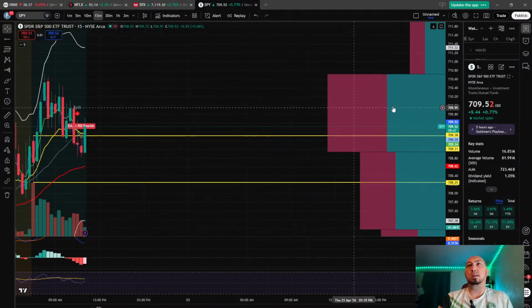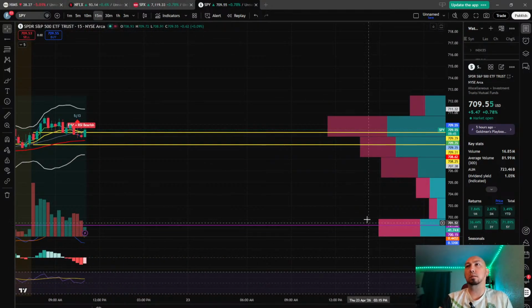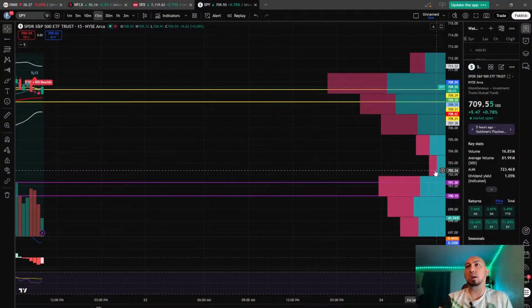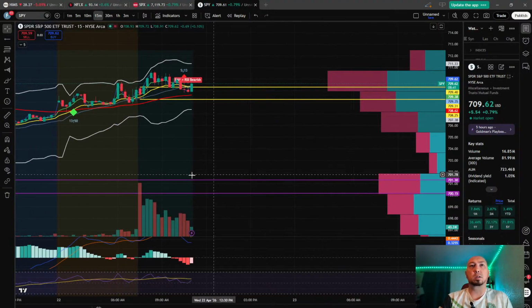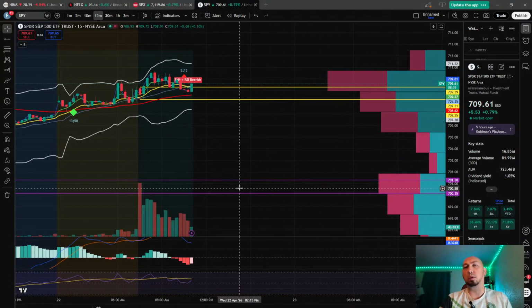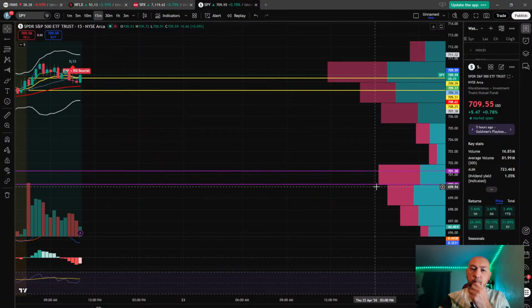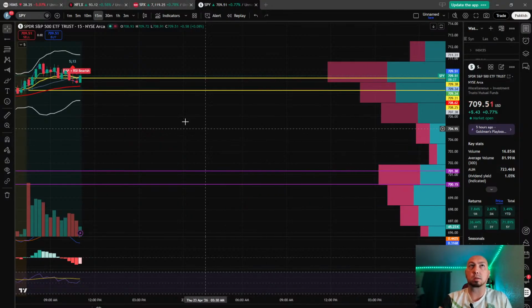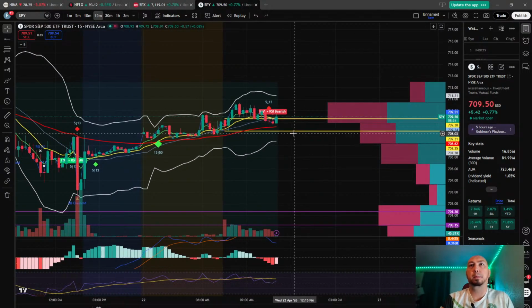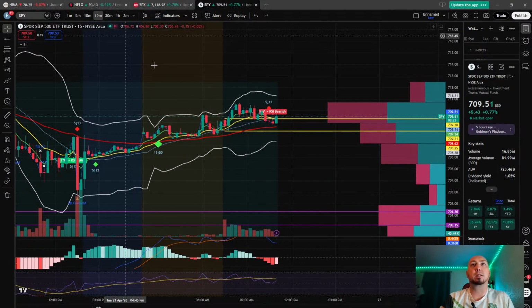A lot of volume in this area. Weakness down to here. Oh, so these two here, these purple lines, these are old ORB lines I didn't erase. And look how funny that is. These ORB lines actually correspond with this nice volume profile right here. Interesting. Sitting right along the 50 on the 15.